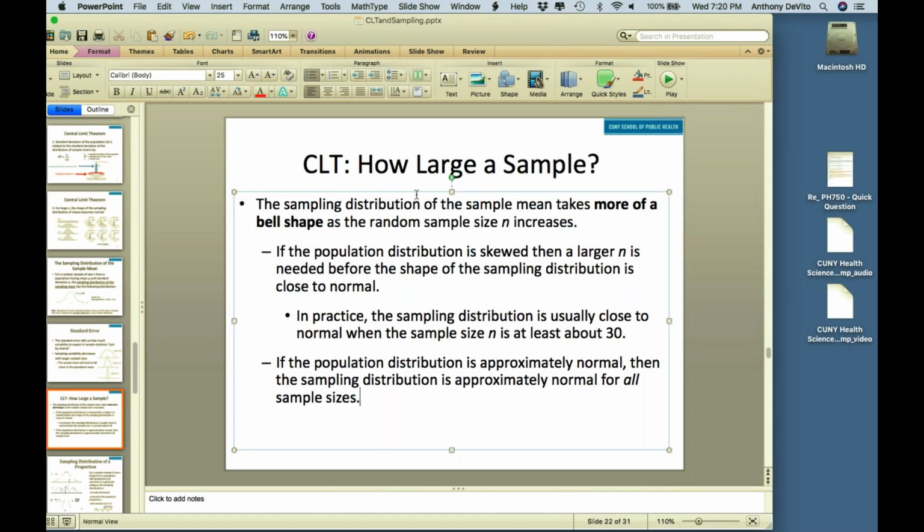But from the point of view of the central limit theorem, for starters, we want to make sure that we have a sample size that's big enough that we can say with some confidence that the distribution of sample means is predictably normal, right? And that sample size is, say, at least 30. When we get up to a sample size of 30, then even if the original population is not normal, the distribution of sample means is going to be approximately normal. So we can make some pretty good predictions.